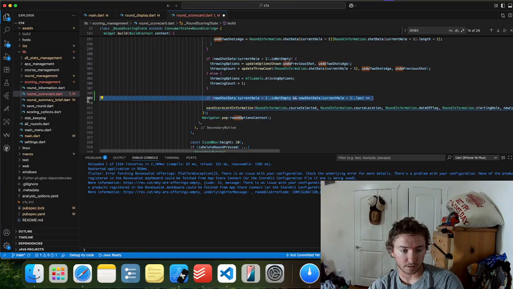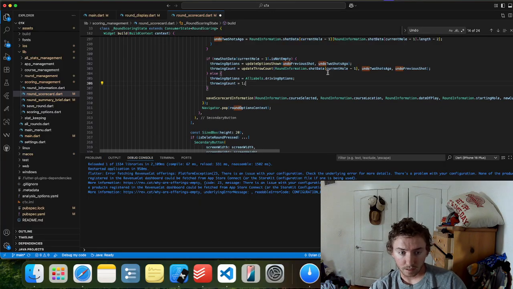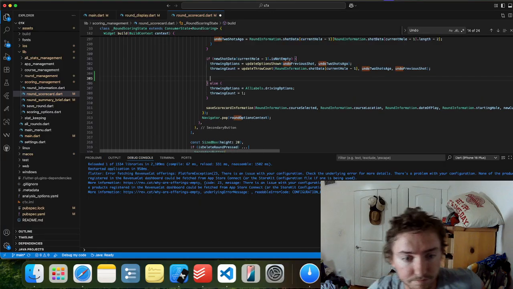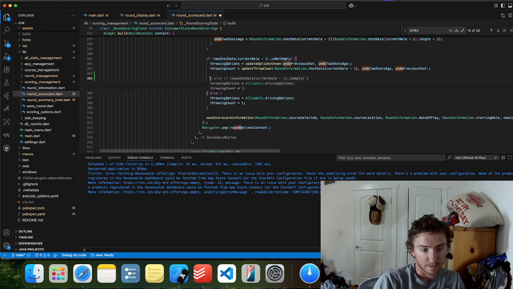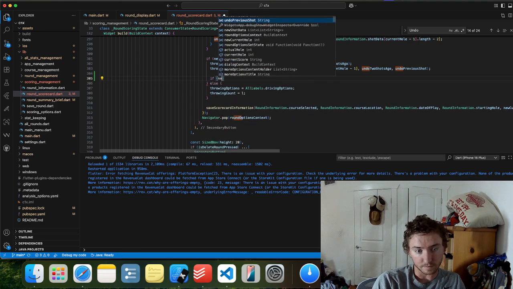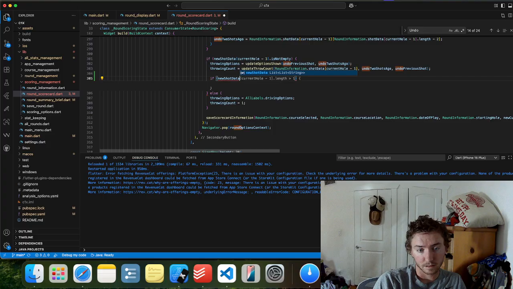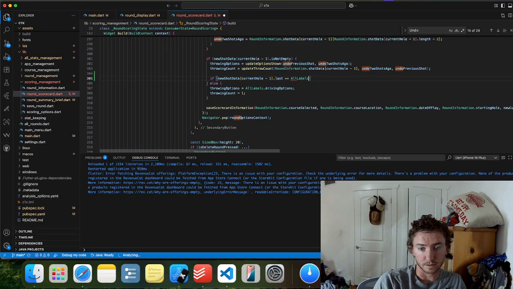So this can actually, we can simplify this a little bit. If shot data current hole minus 1 last is equal to all labels.